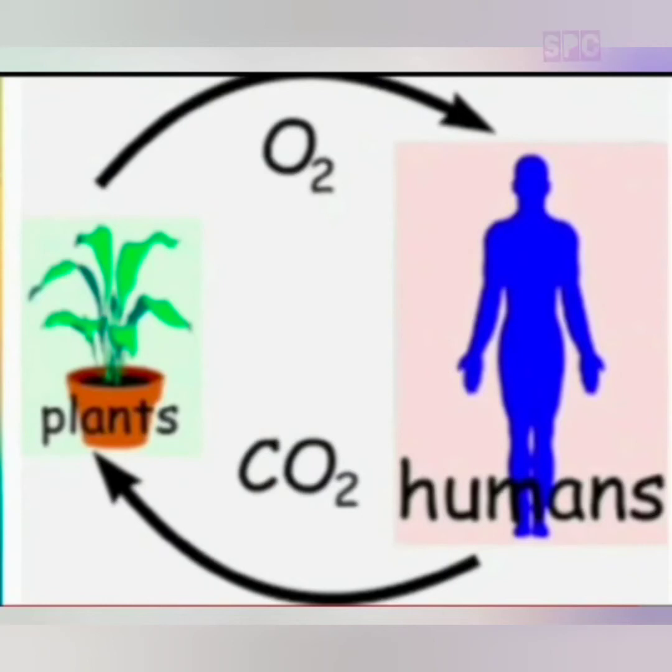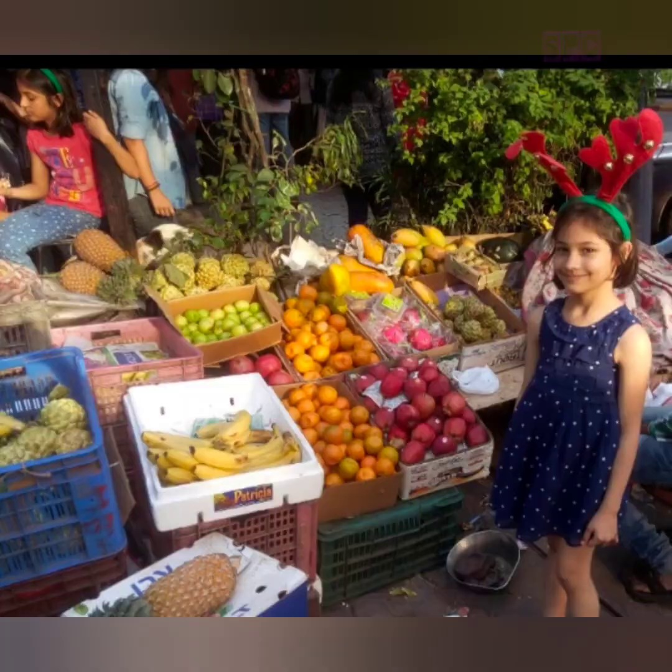Good morning, children. We all need oxygen to remain alive. We all love to eat fruits and vegetables. Children, tell me from where do we get this life supporting oxygen gas? And from where do we get our nutrition? Yes, children, the ultimate source is plant. Without plants, the survival of animals is not possible on our planet Earth.